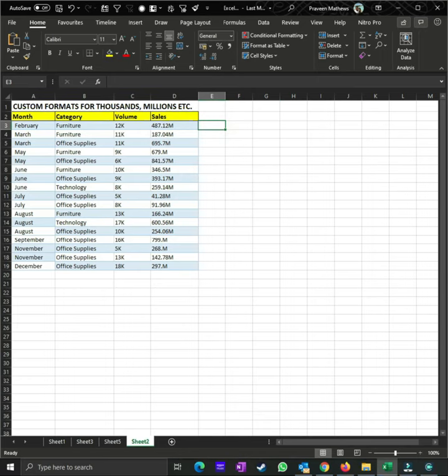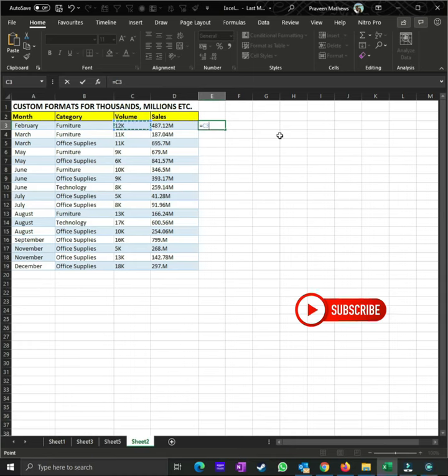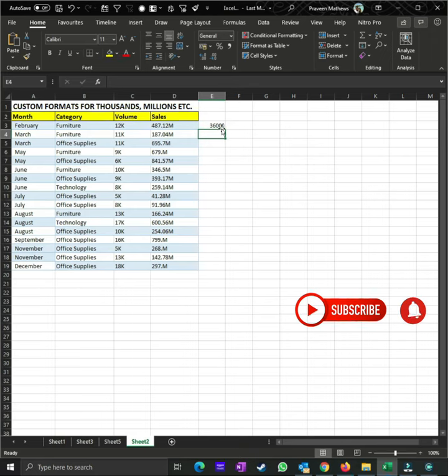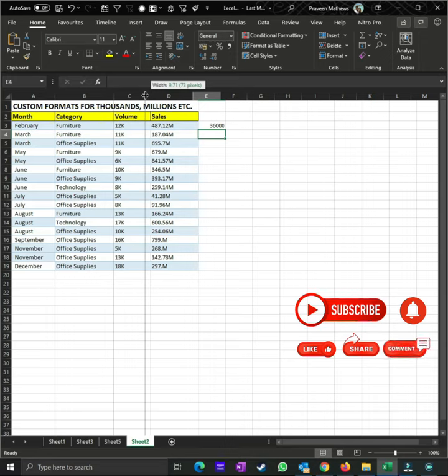The really useful thing is that Excel would still recognize that as whole values. So if you click on that, for example, you can see in the value box above, it's showing as a full 12,000. And if I was to use that as a dependent in a formula, for example, let's say I would type in that cell times 3, it would multiply that 12,000 by 3. But it looks a lot cleaner, especially when you're presenting information to others. Hope that helps.